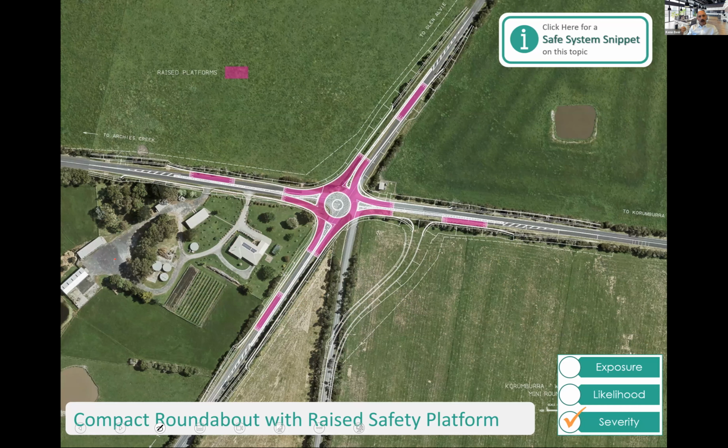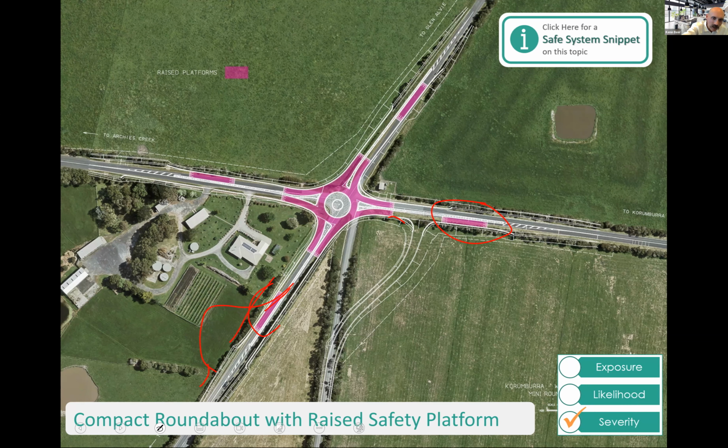And they said, what about a smaller roundabout and a straighter approach? But then they all got concerned about people's speed coming in and how fast they are going to be approaching. And again, they said, well, what about we just start to slow them down a little bit with some lighter vertical deflection, some lighter raised platforms. And they came up with this design, so a shallow raised platform, raising this a bit, straight approaches. So before it was horizontal deflection to slow people down on the approach. Now it's vertical deflection.